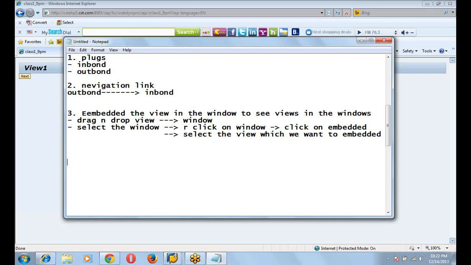How to embed the view in the window? There are two options: drag and drop the view to the window, or right click on the window, click on embedded, and select which view we want to embed.